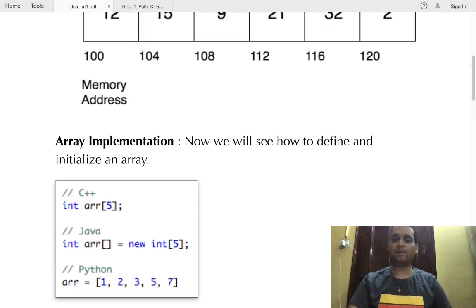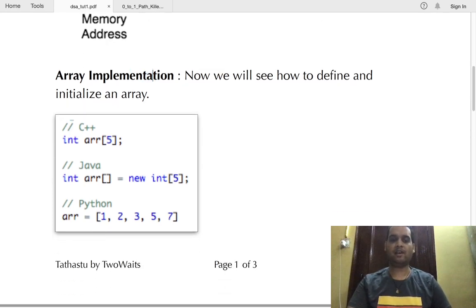Let's see how array is implemented in different languages. We'll talk about 3 languages: C++, Java and Python simultaneously. In any language, we will first define the data type, int, char, string or any data type, then the variable name. Variable name can be anything. There is no specific keyword like array to define. It is defined the same as any data type. Okay, any variable name that you would like to take, defined by the standard rules of naming variables. And the square bracket signifies this is an array, and the size. Okay, so here we are just defining the array.